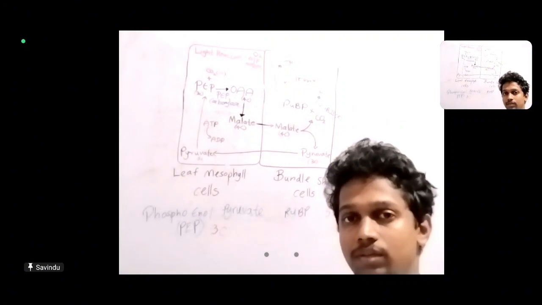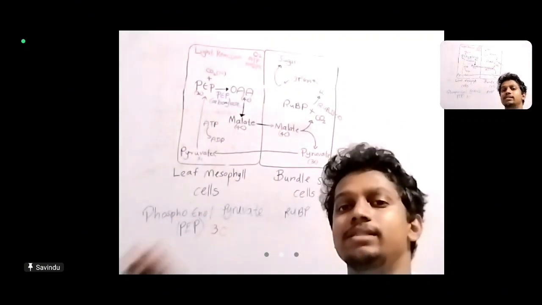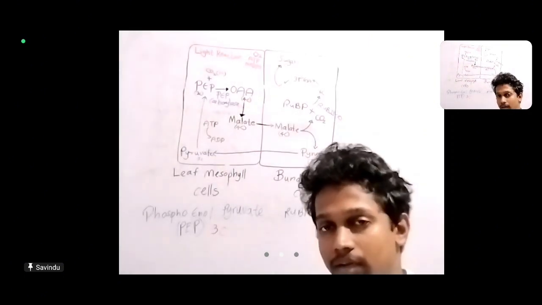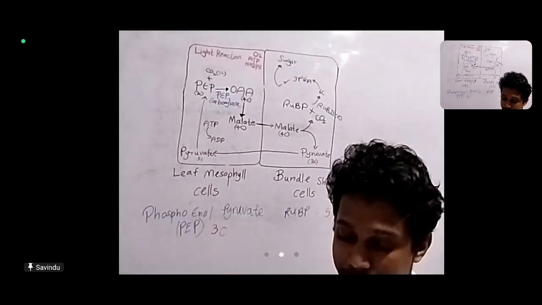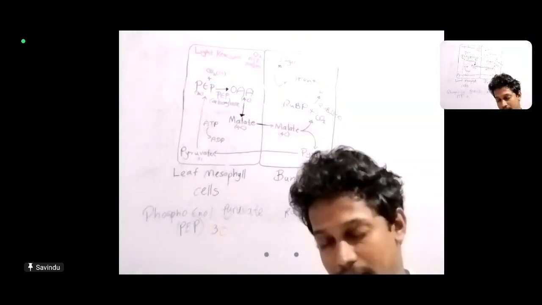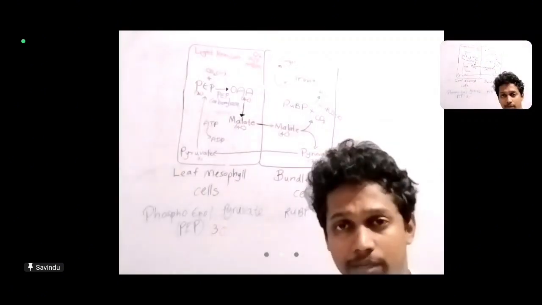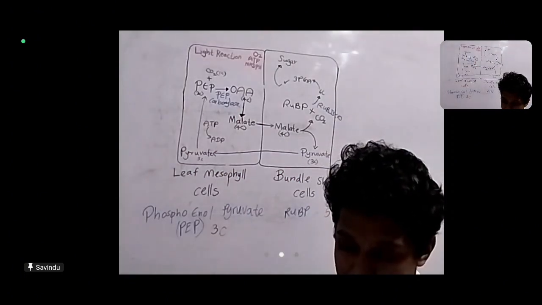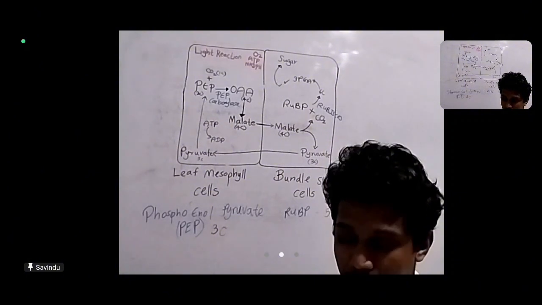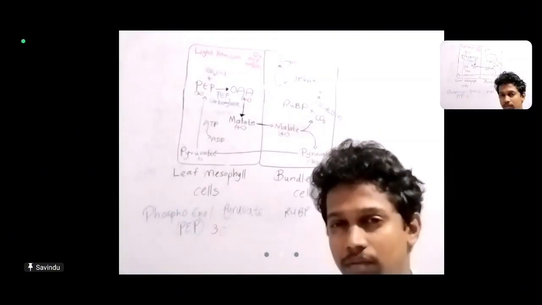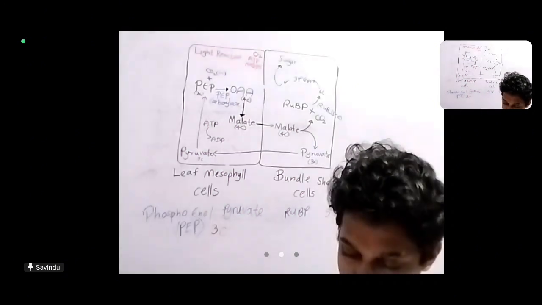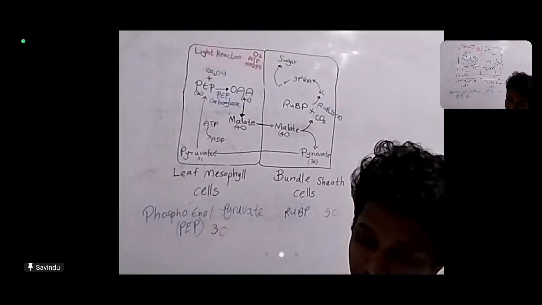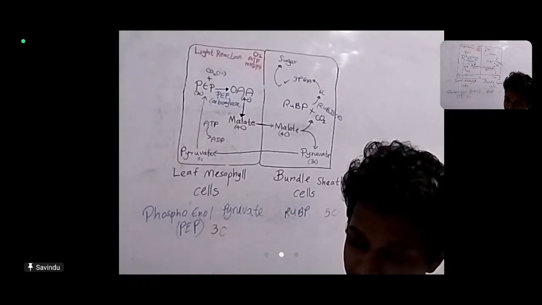So these leaf mesophyll cells and bundle sheath cells are interconnected with high numbers of plasmodesmata. You know about plasmodesmata. So write down that also. Next point, for the efficient functioning